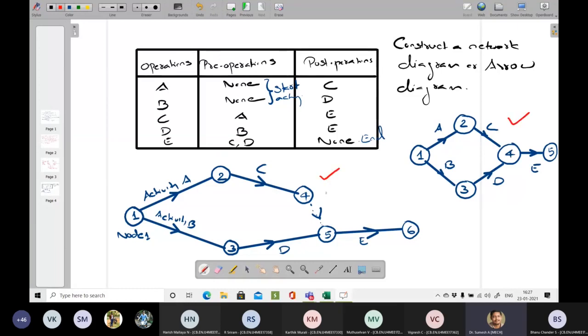Here the added activity is a dummy, and its duration will be 0.